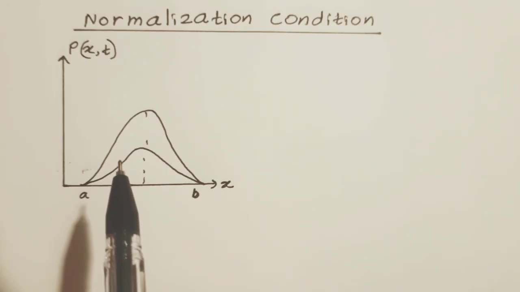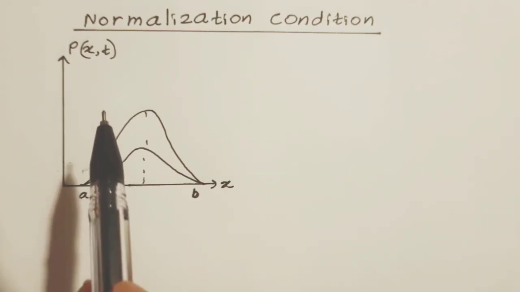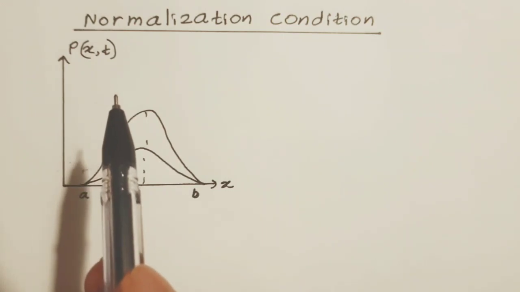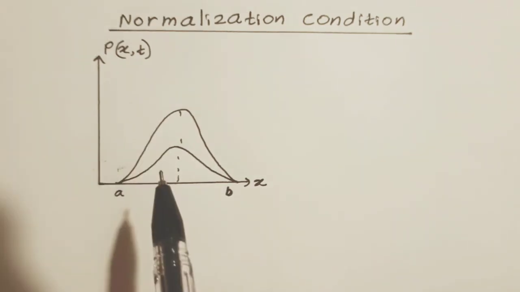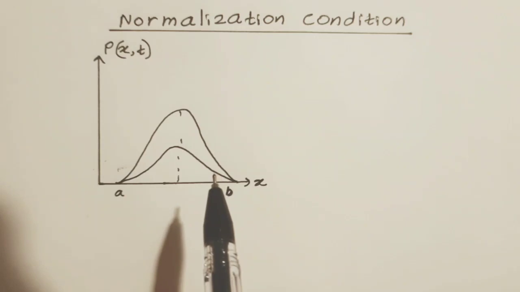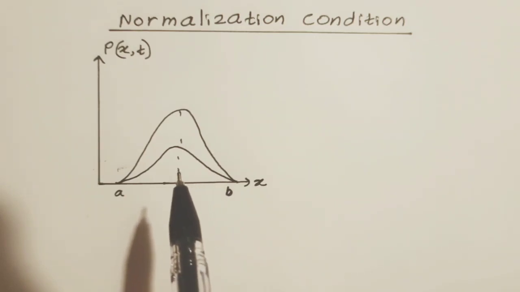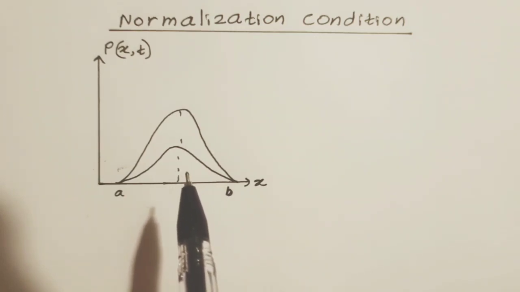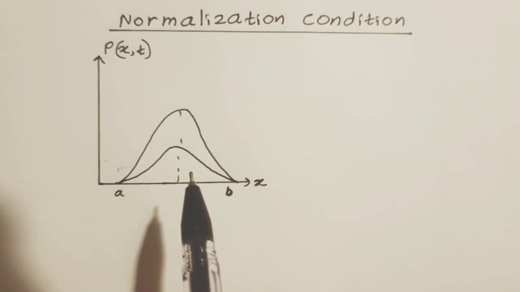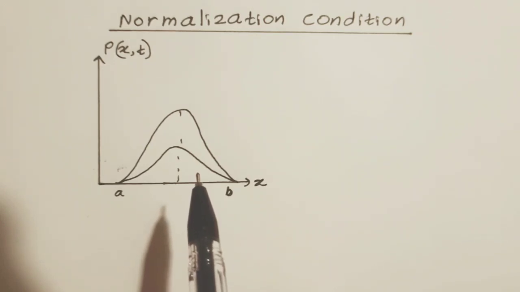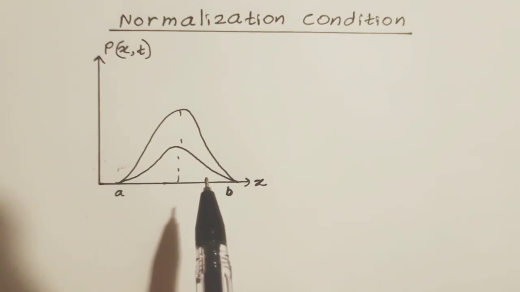As we can see in this particular curve, the probability density, the P(x, t) term, is referred to. So, in this particular region from A to B, we say that the net probability of finding the particle is 1. So, the area under the curve is 100% of the probability where the particle is.